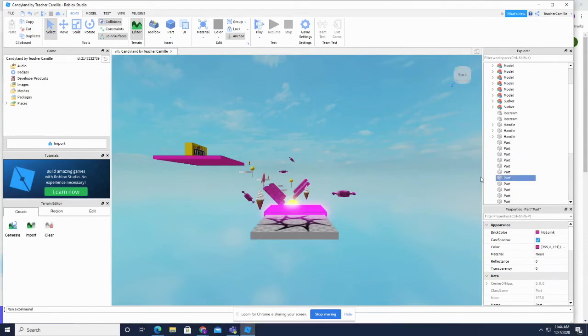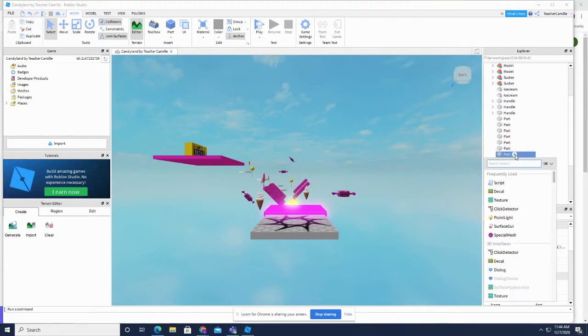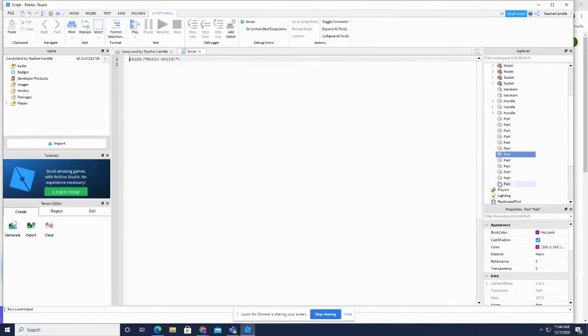There. So I'm going to choose this hot pink one, and I'm going to go over here to the Explorer window, and you can see the part that I've clicked is highlighted, right? It is blue. I'm going to click on the plus, and it expands the part, and I find a script here associated with that part. So when I click on that, it opens up a script, and I'm going to delete what is here, and then I'm going to type in our new script that is going to make this block